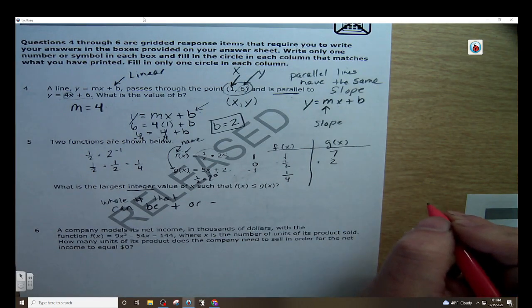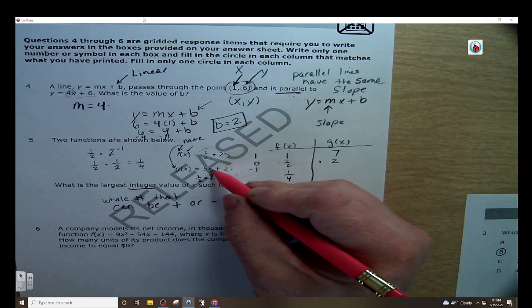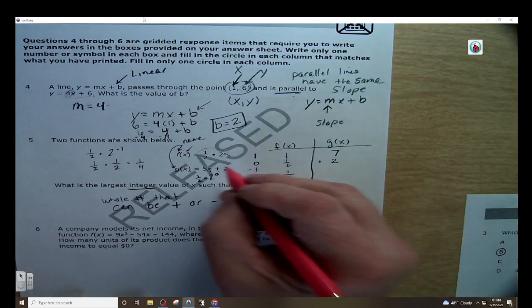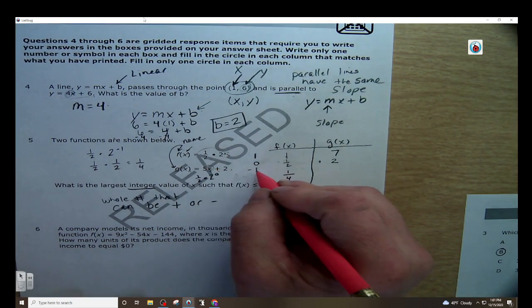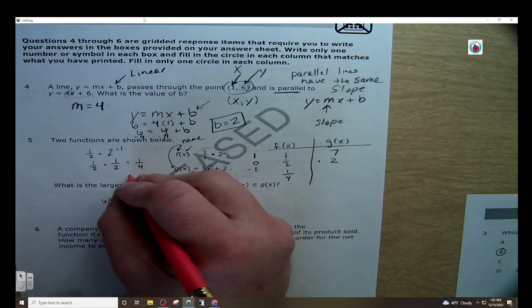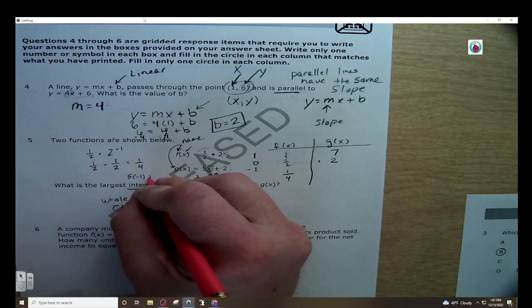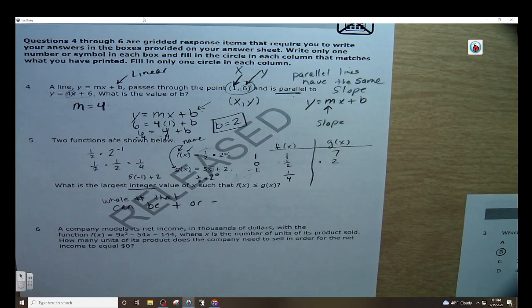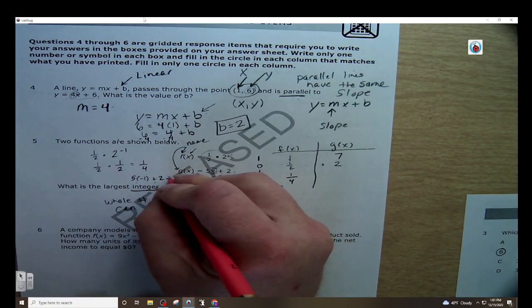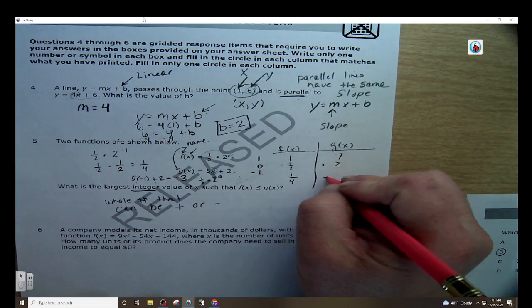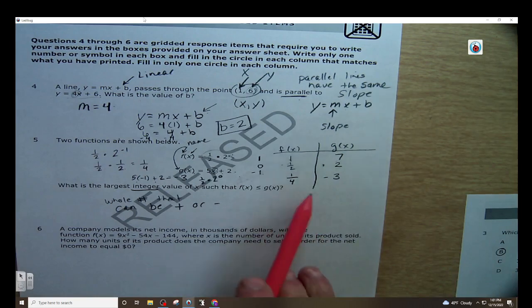If I plug in -1 here, now guys, remember I chose that number. That's 5 times -1 plus 2. Okay, now, what is that? That's -5 plus 2, which is -3. So let's see what we got here. Now, for the first time,